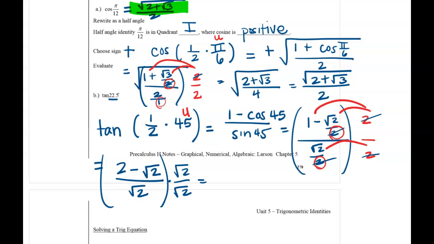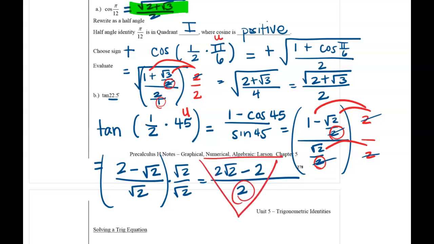The square root of 2 times the square root of 2 on the bottom is simply 2. On the top you have 2 root 2, minus the square root of 2 times the square root of 2, which is simply 2. Now, if you do this triangle trick, do you notice that you can cancel all 3 parts of